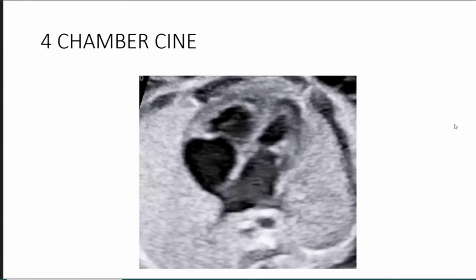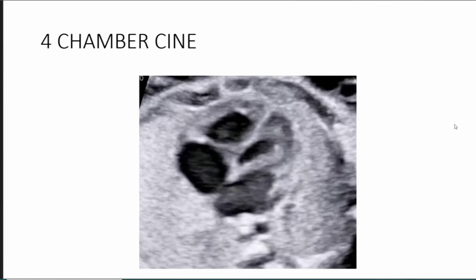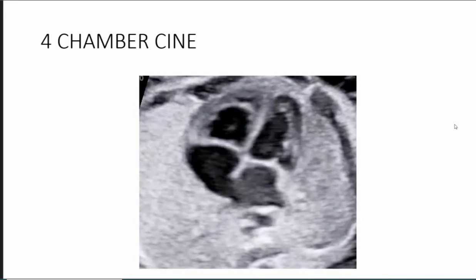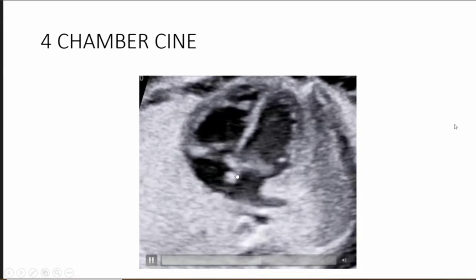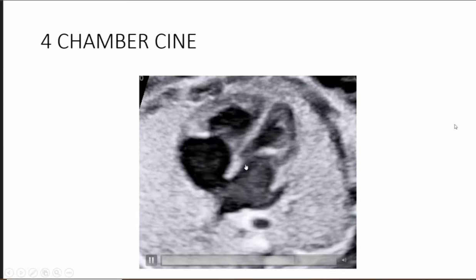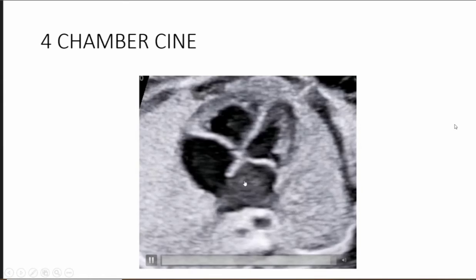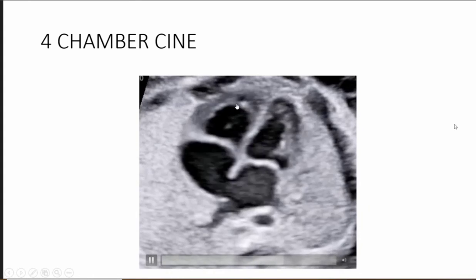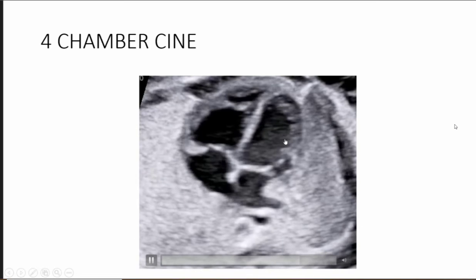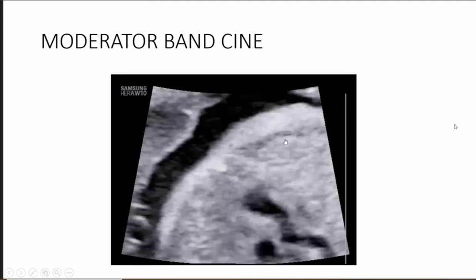Now this is another 4-chamber view with a high frequency probe. So you can see the structures much clearer and observe the crux, the apical insertion of the tricuspid valve, the basal insertion of the mitral valve, the squeeze of the heart, the axis of the heart, the position of the heart, the size of the heart, the pulmonary vein entry into the left atrium, the right atrium, the tricuspid valve, mobility of the valves, the coarse trabeculations of the right ventricle, and the smooth left ventricle.